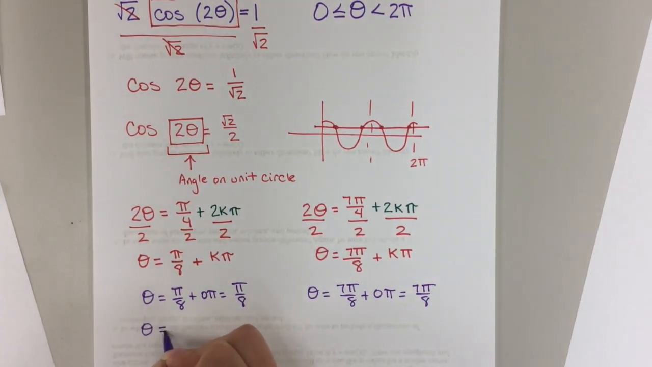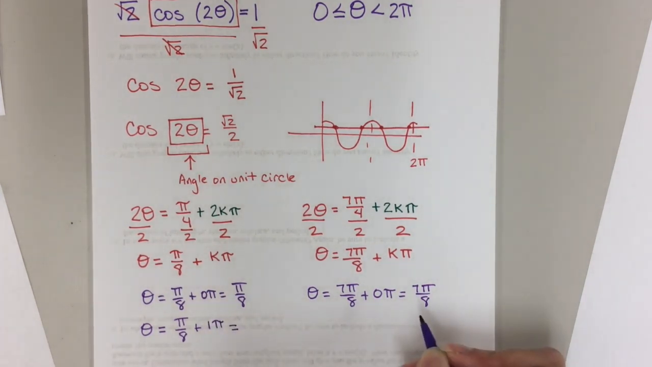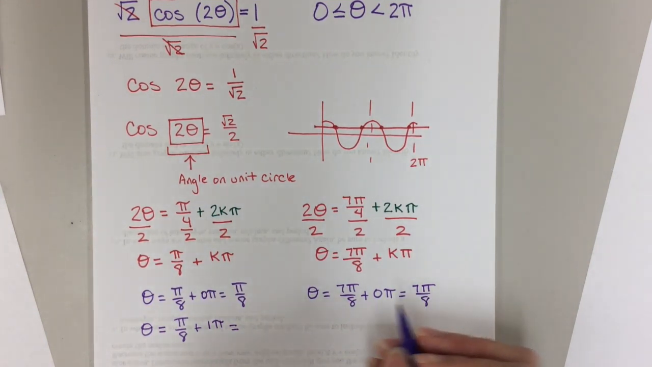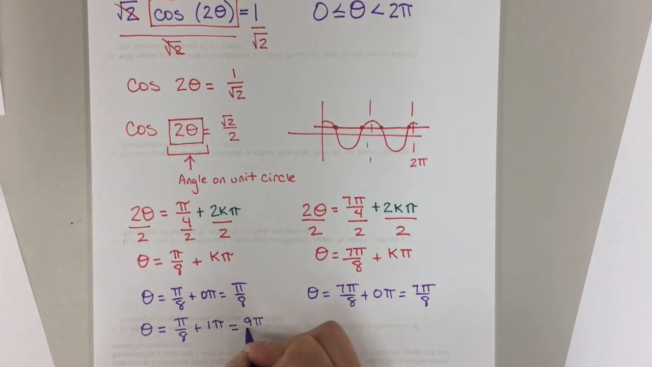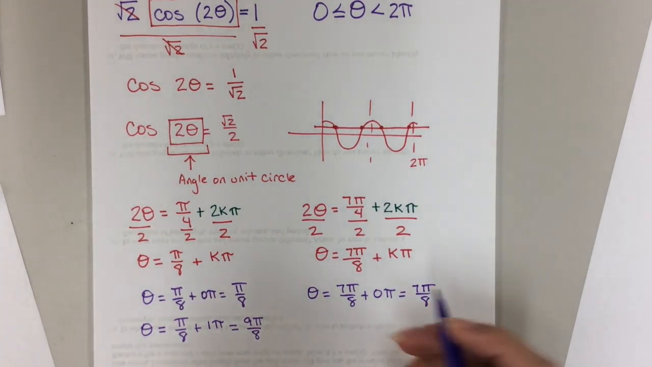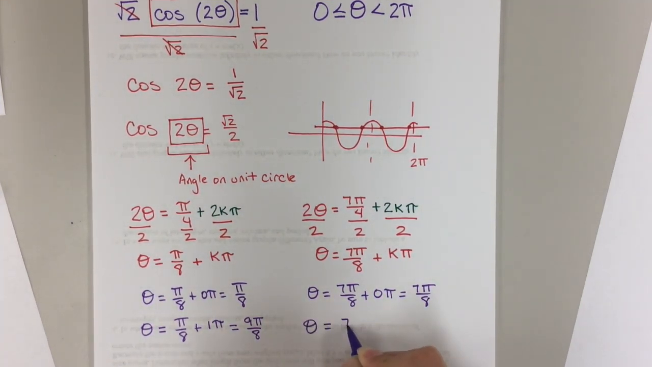Let's do this one again, but this time, instead of plugging in 0 here, let's plug in 1, so we get 1 pi. So 1 pi plus 1/8 pi gives us 9 pi over 8. Because this is 8 over 8 plus 1 over 8 gives us 9 over 8 pi. So let's do the same thing over here. 7 pi over 8 plus 8 pi over 8, if you want to look at it that way, equals